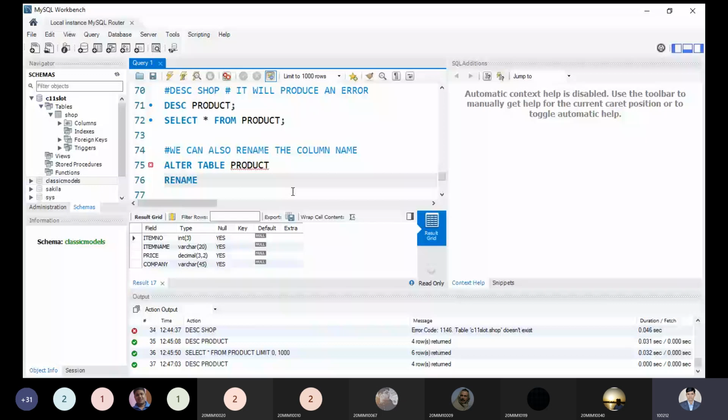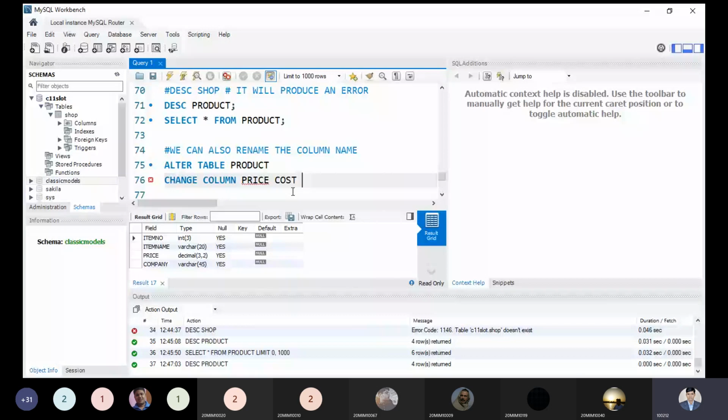So here we have the keyword CHANGE COLUMN, and which column? Price to cost, and the size we are keeping as it is.